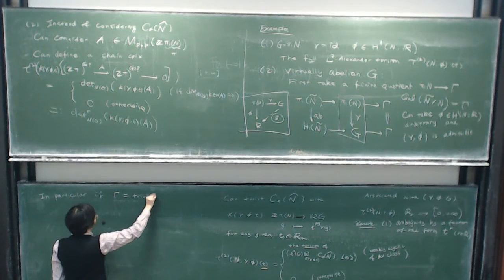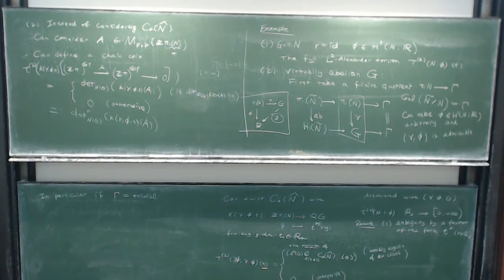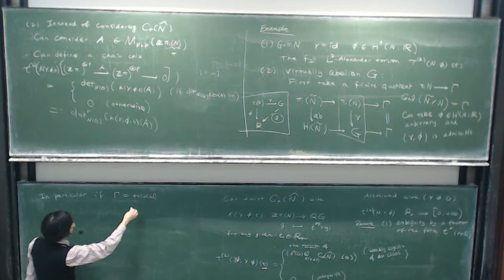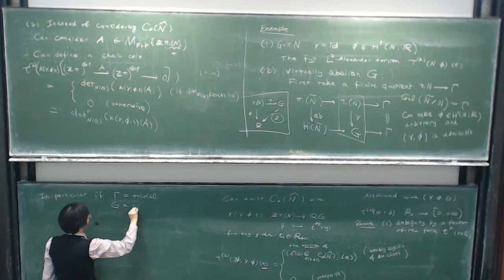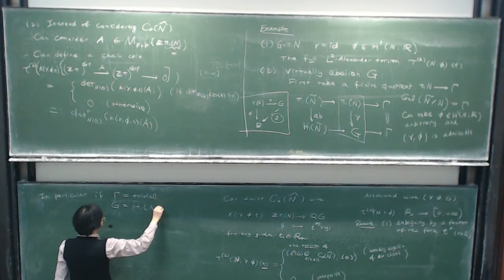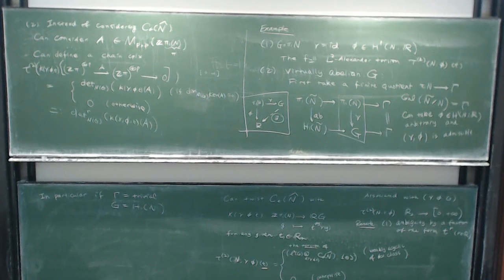You only take the trivial quotient, and your G will basically become the abelianization of N. And in this case, with respect to any phi, the corresponding torsion is basically the